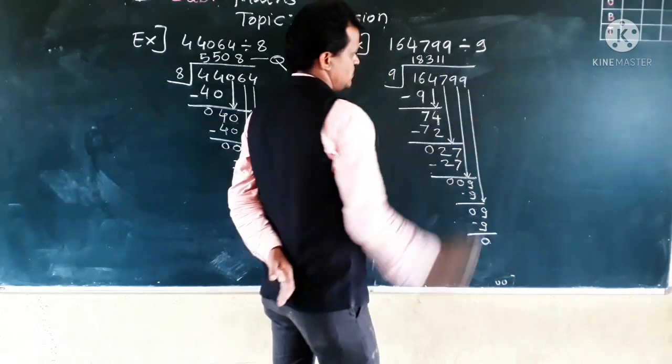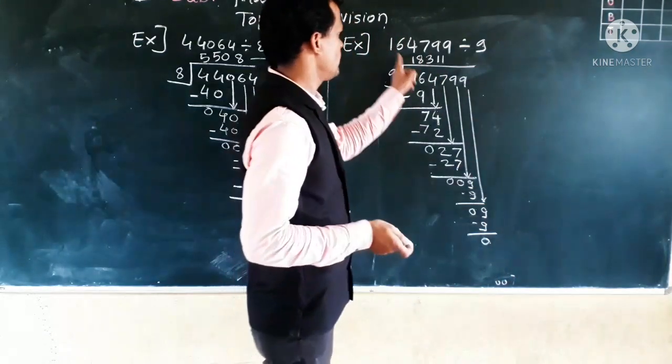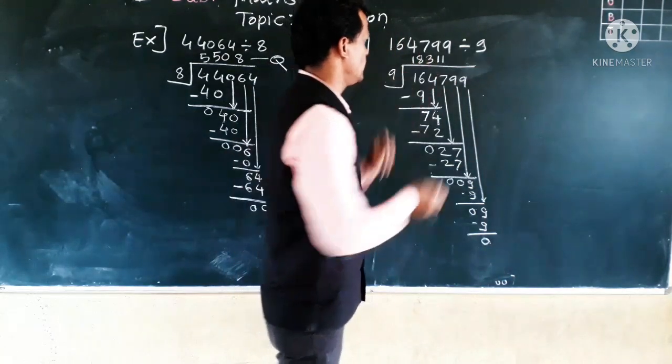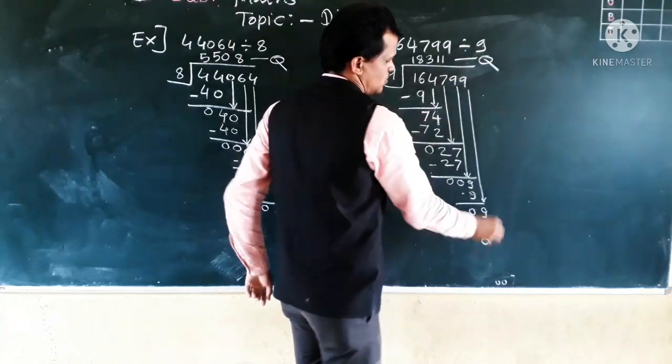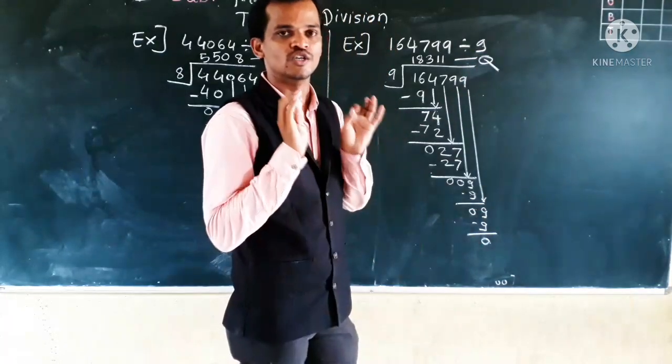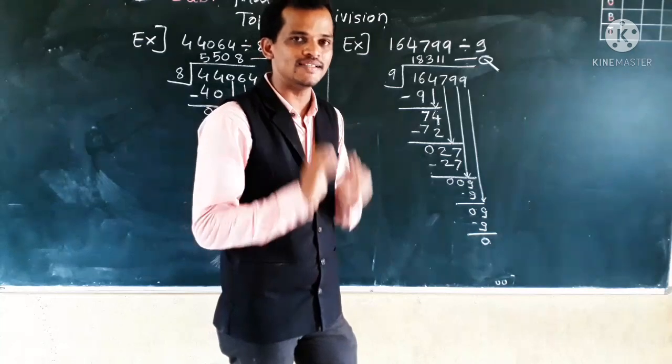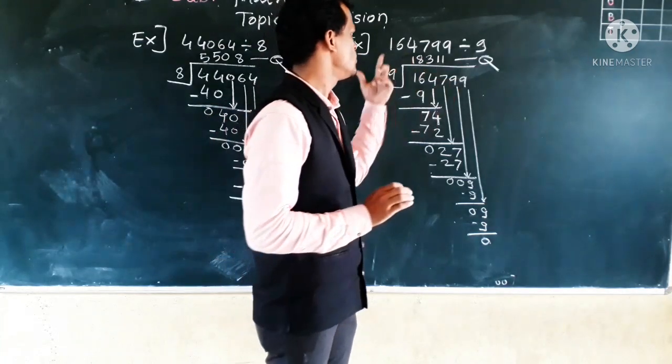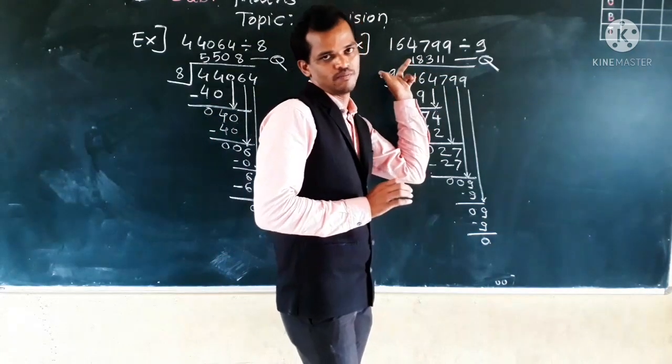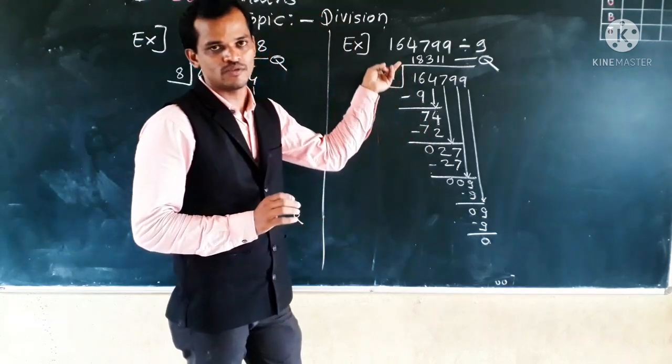Here all digits finished. So our answer is ready. 18,311. This is the quotient, and 0 is the remainder. If 0 comes as the remainder, means that number is completely divisible by that divisor. Okay, so in this video